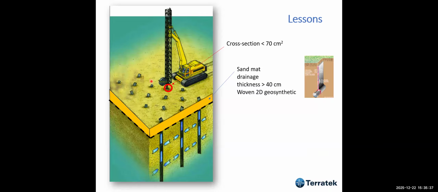When this area is very large, we may not have drainage. So, in order to ensure drainage, we can either design something like dams, a sandwich with gravel in the middle, at least one possibility, or use a woven 2D geosynthetic like this with plastic pipe, perforated plastic pipe, in order to drain the water accumulated in the sand net.